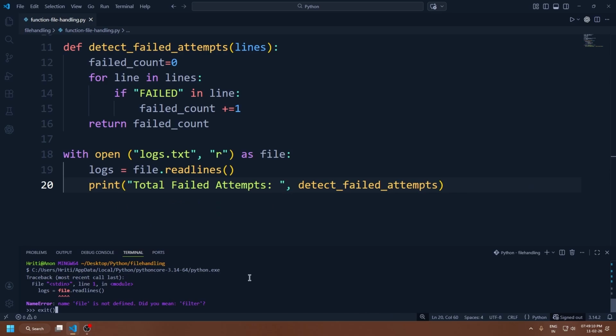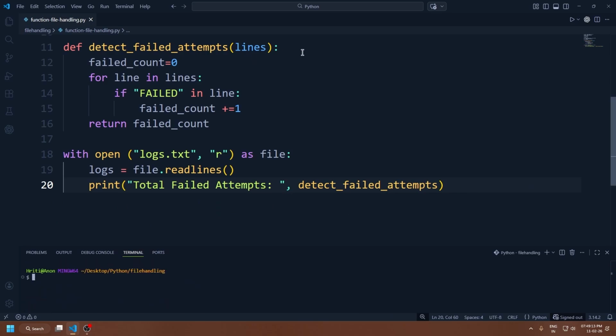Okay, I got into the Python terminal. First, we created a function, then we initiated a variable called failed_count and gave it the value 0. Then we ran a for loop, for line in the file logs.txt. We are calling it line because we are reading lines in the logs.txt. And if the line has the word failed, actually you can use the or condition. What do we call it? I forgot. The or keyword